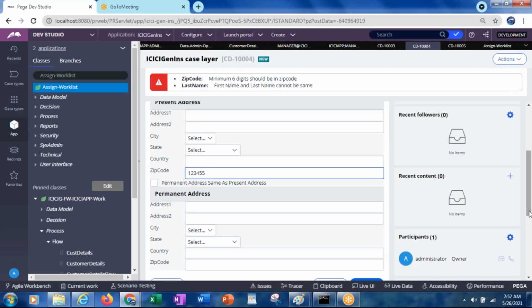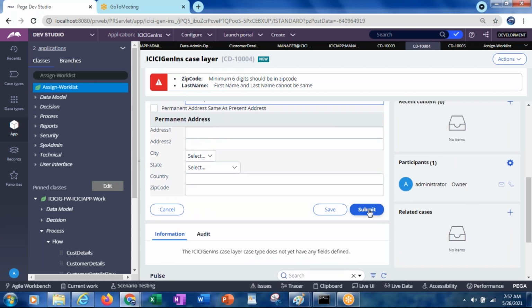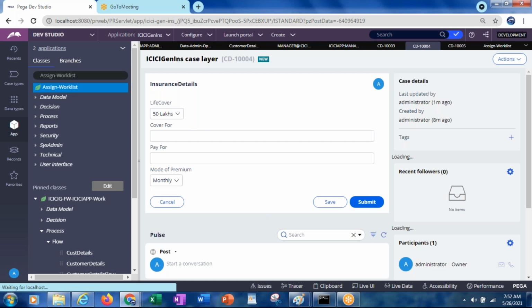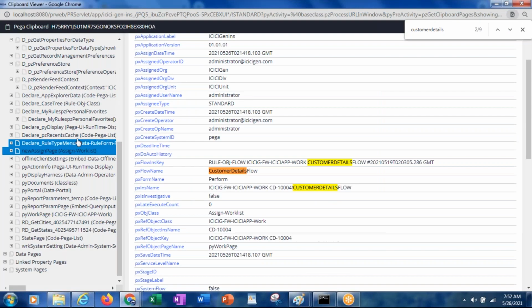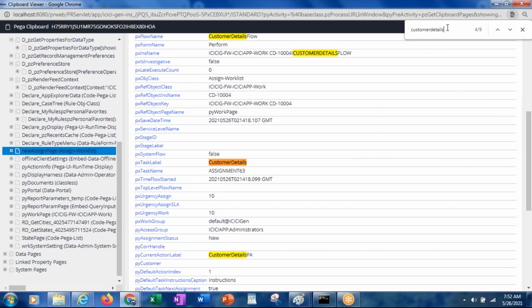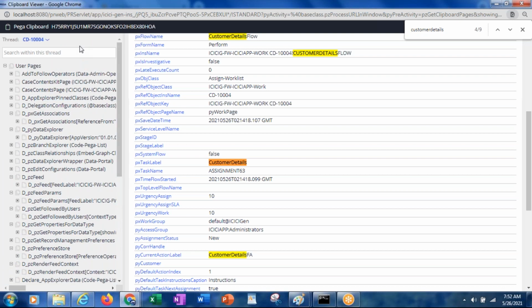Now we will select submit and see what it will be referring to. Now this is referring to the insurance details. If you refresh this new assign page, the PX task and everything is referring to that. The task label, the current action label, the customer details flow action. Let's refresh this page and see what exactly it will be referring to.